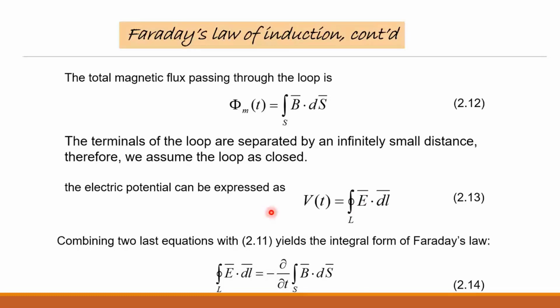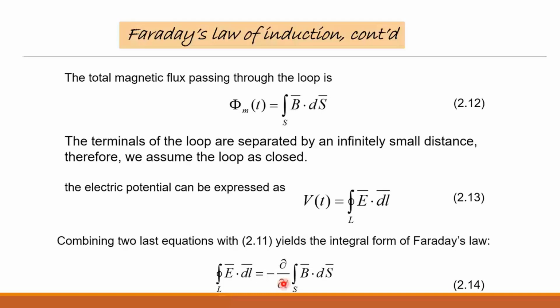The electric potential can be given by Vt, which is equal to the EMF produced because of the electricity passed through the other coil, since only because of that electricity is a magnetic field generated. So Vt is also related to the closed path integration of E bar dot dl bar. This equation we have seen in electrostatic fields. The same we are applying here, considering E bar. So Vt is also equal to the closed integration of E bar dot dl bar.